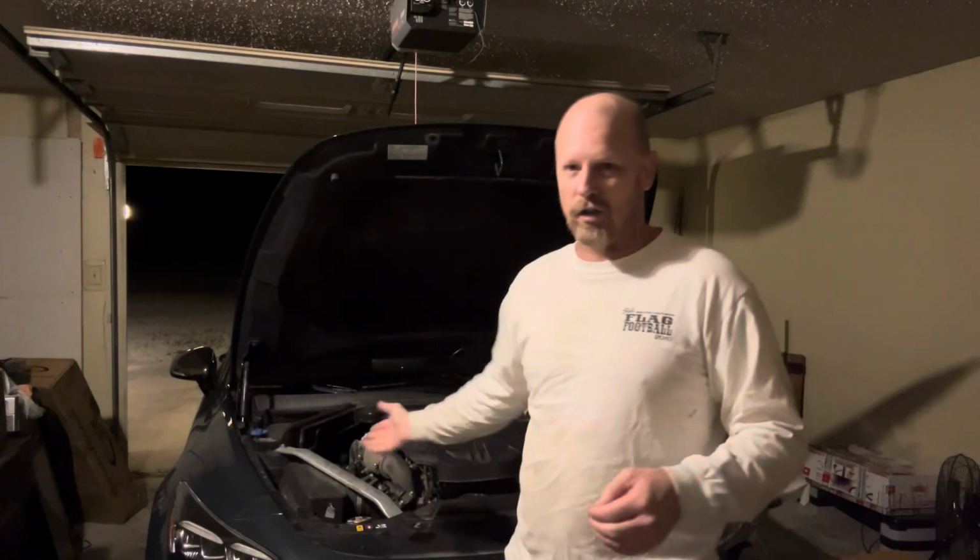So this intake was bought by her husband, and he was intending to put it on his Stinger. He's a fellow Stinger owner, and unfortunately recently he passed away. I'm not going to put any names out there because I don't want to put people's information out there, but I just want to take a quick moment of silence for her and her husband. And I tell you, every single time I open my engine bay and look at this intake that I'm about to put on,